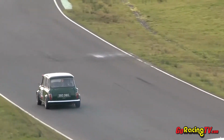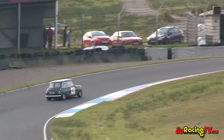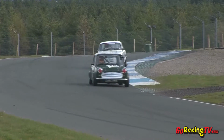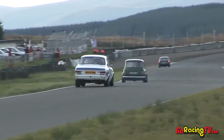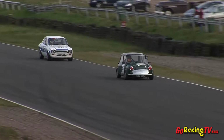Nick, championship-wise, suffering because in round 10 there were only 2 entrants, but he's run so well, and you can see how well that car's going. He's got himself ahead of the Class C car of Tom Wilson in the white and blue Escort Mark 1. So Escort V Mini,